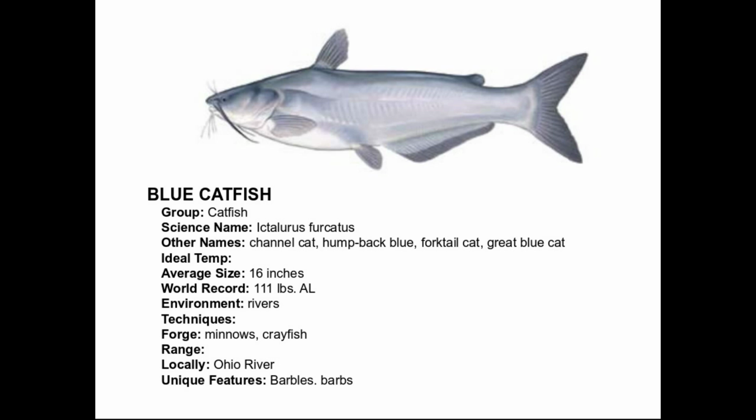Not really true. They will eat dead stuff, but some species really don't. And the blue catfish are not known for eating dead, stinky, yucky, gross bait. Blue catfish really prefer living, swimming things that they can chase down. They really act very much like a predator. And the Ohio River has a wonderful blue catfish fishery, and they're using large live bait